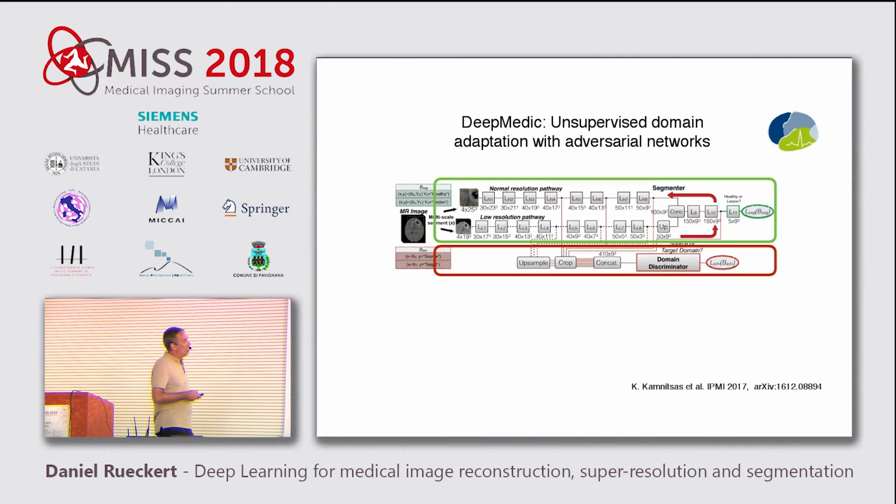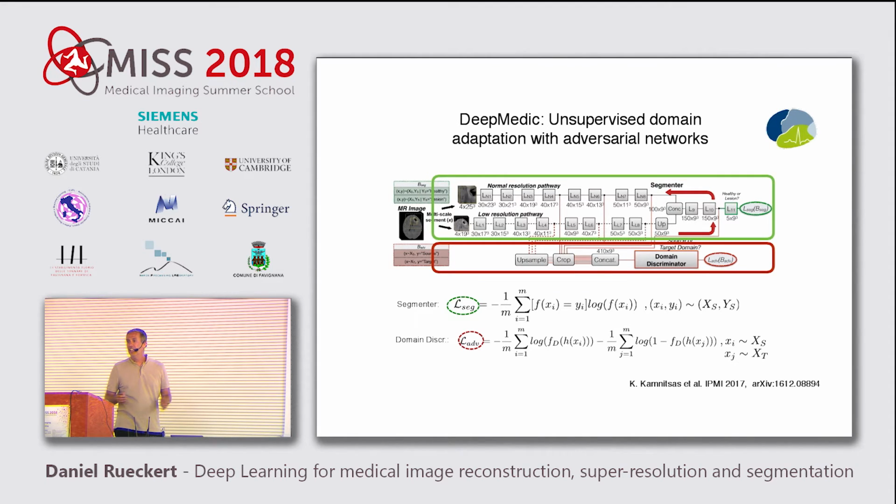And so now the rationale of trying to minimize the accuracy of this discriminator is that effectively this discriminator uses the features which a neural network has learned. If the features which a neural network has learned are completely invariant to both domains, then this classifier will fail miserably. And that's what I would like to do. I would like to learn features in these feature maps which are not related to whether the scanner is a Siemens scanner or a Philips scanner. At the same time, I still need to minimize my standard loss function,